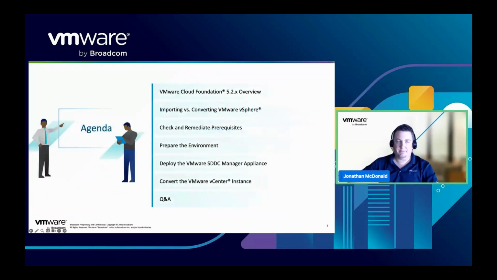So our agenda today, we're going to start off by going through a bit of an overview. If you were on our last webinar where we talked about the import process, this is going to be some very similar information. However, after that, we go right into the conversion process. So first we'll talk a little bit about the differences, and then we're going to jump right into how to pre-check your environment and make sure you're ready to go for it. Preparing the environment, deploying the SDDC Manager that you're going to need for the conversion process, and then